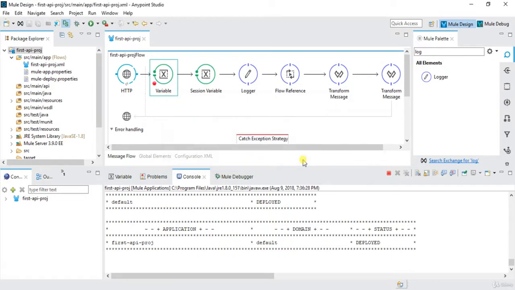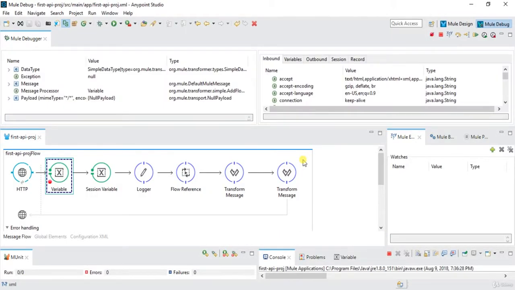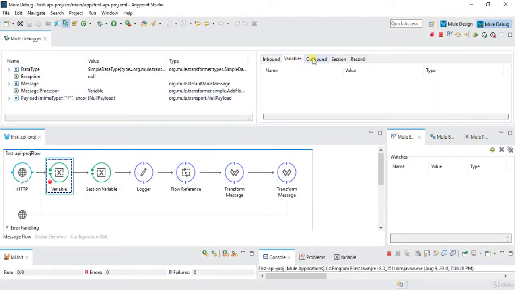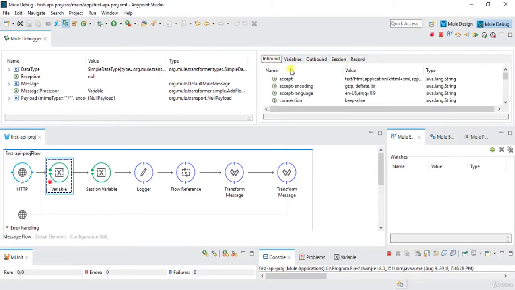We'll come over here. Yeah, he told me to switch the perspective. Right now we can see variable is nothing, outbound is nothing, session is nothing, record is nothing. In inbound, we have a few things like what is the host, what is the path, what is the method get put post, is any query parameter or URI parameter. That's it. Now the payload value is null. After pressing F6,